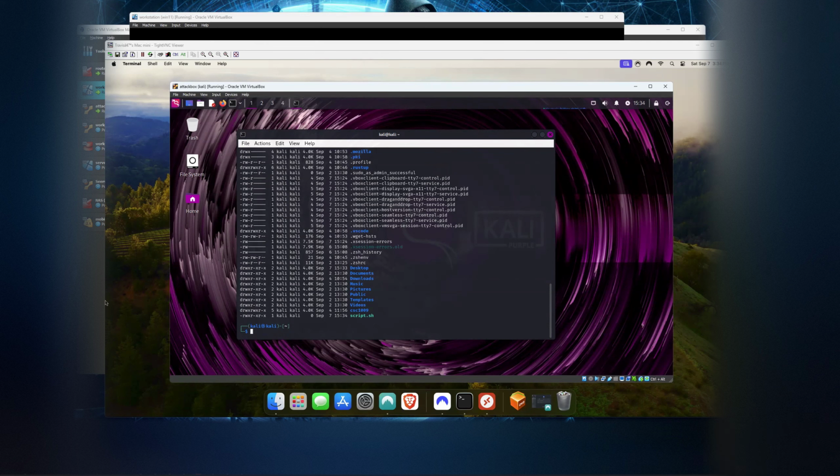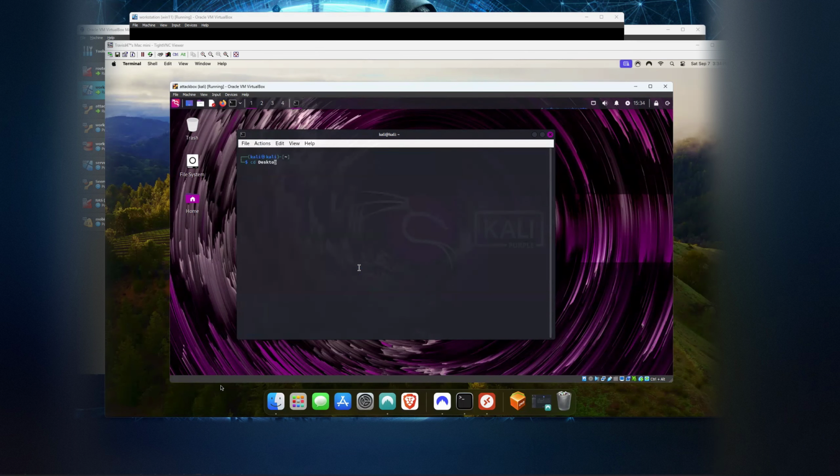So chmod changes the file permissions. So we set script.sh to be readable, writable, and executable by the owner, and readable and executable by others. We're now going to rm script.sh, clear, let's cd to desktop, clear,